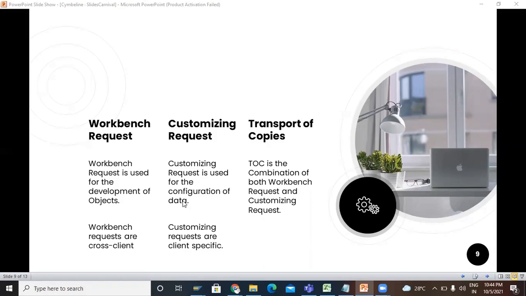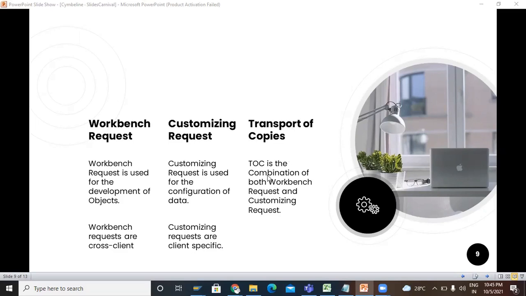So if you are maintaining some data in the tables, or creating some sales order, purchase order, or you are configuring your data, then you can use customizing request. Customizing requests are client specific. Client specific means changes on one client will not reflect on another client.